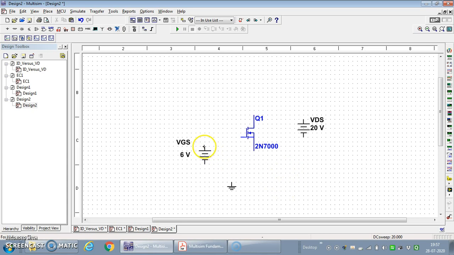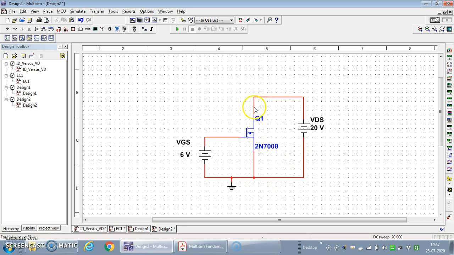Now I want to join these components. Whenever we want to join components, from the positive end of the gate to source voltage DC source, go to the gate terminal, and the negative will be connected to the ground. Now the positive of the VDS voltage source, I want a straight line, so from this take a left turn and join it to the drain end. Again, complete the connections from this side. This source terminal goes to the ground connection. The negative of this voltage source is also connected to the ground connection.